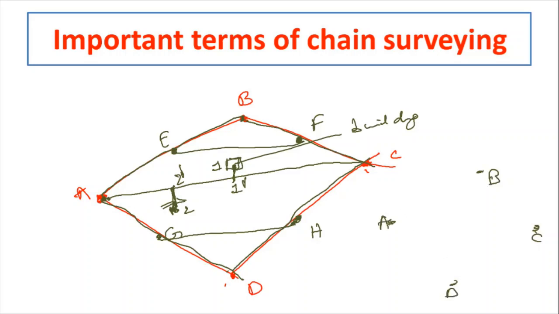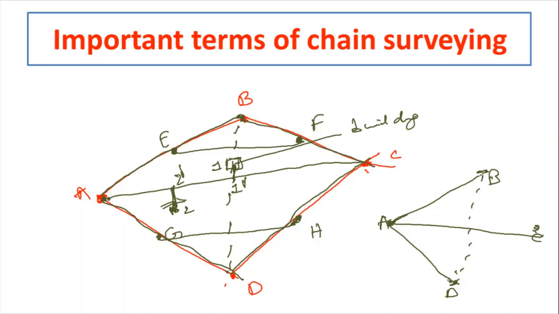After plotting them, check the distance between A and B, A and C, and A and D, suppose. Now if all these distances are correct, or if all the points you have plotted are correct, then the distance between B and D should be related to the distance between B and D here. Whatever the line BD is, that is not plotted in the field, but we just measure the distance between B and D, and here also we will check the distance between B and D at the end.